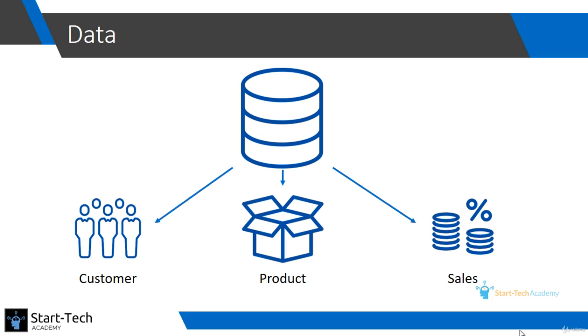Third is the transaction table or the sales table. All sales transactions are stored into it. It has product ID of product being sold. It has customer ID of customer who is buying it, and it has other details such as order date, ship date, selling price, and discount, etc. Let us go and look at these tables first.